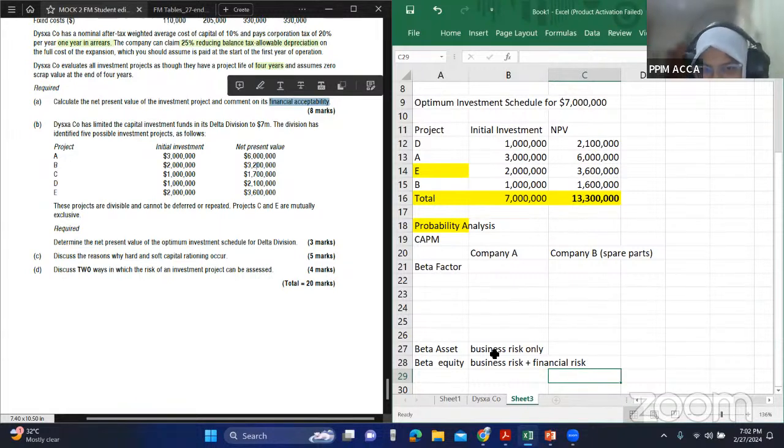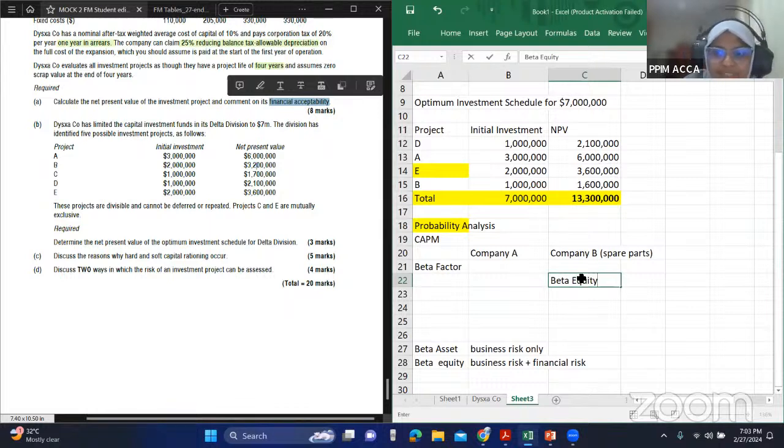Now, what you have to understand is company A will have a particular finance structure. Company B will have a separate financial structure. Like they may be 80% debt, they may be 60% debt. Okay. So what we have to do is take only the beta asset of company B, because the business risk is going to be the same if we are also going to go into spare parts. So we have to take company B's beta asset. Thing is, no company will publish the beta asset. If you're quoted, you don't publish the beta asset. They will only publish the beta equity.